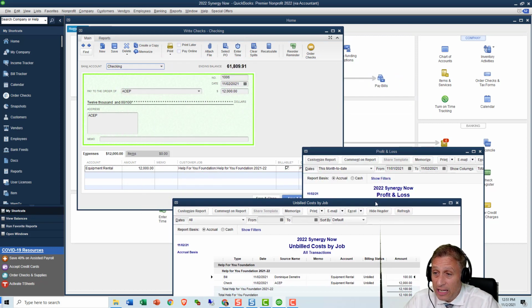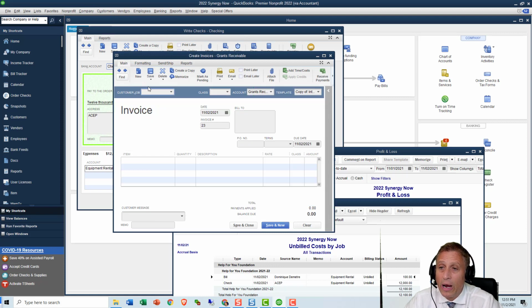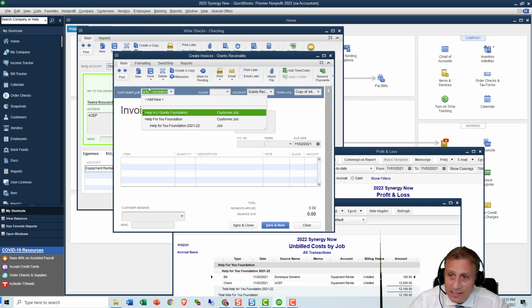But additionally, another advantage of checking the billable feature is you can create a corresponding invoice in QuickBooks that matches your request for reimbursement. So I'm going to do this. I'm going to go to Customers, and even if you've never done an invoice before in your life, it's this easy. I'm going to go Create Invoices. When I put the name of the grant in there,